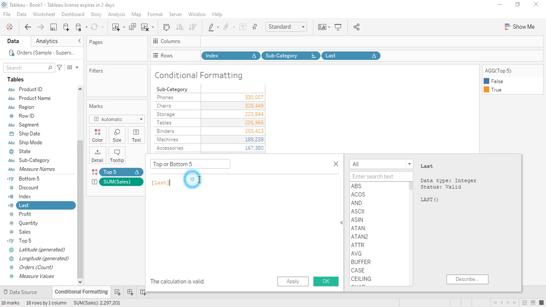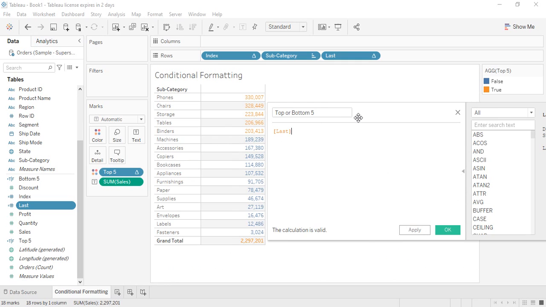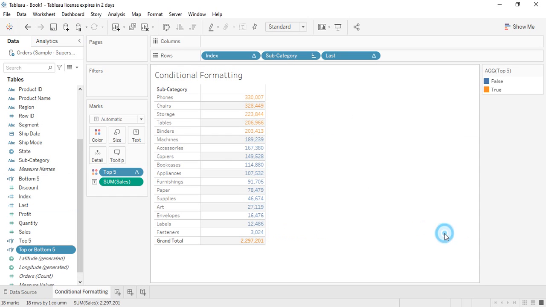Now what is the condition required for this top or bottom 5? The condition required is the combination of those two, that is the index must be less than or equal to 5 and the last must also be less than or equal to 4. So first of all we are going to work with this index part, that should be less than or equal to 5. OR is basically used to combine two or more conditions, right? So I'm going to provide two conditions. One is going to refer to the index part, the next is going to refer to the last part. Okay, like this.